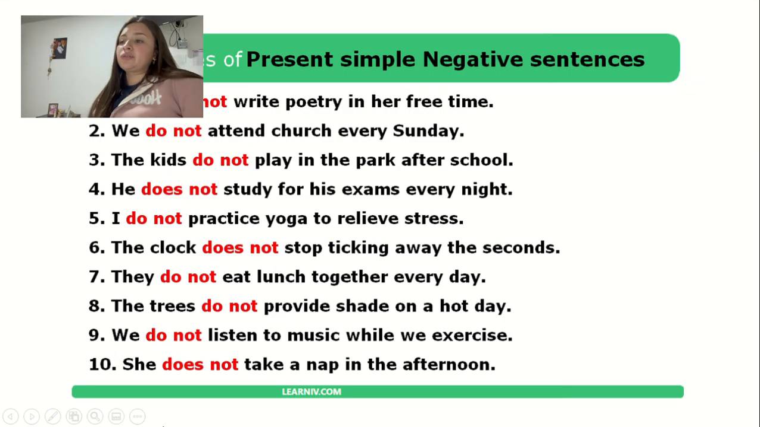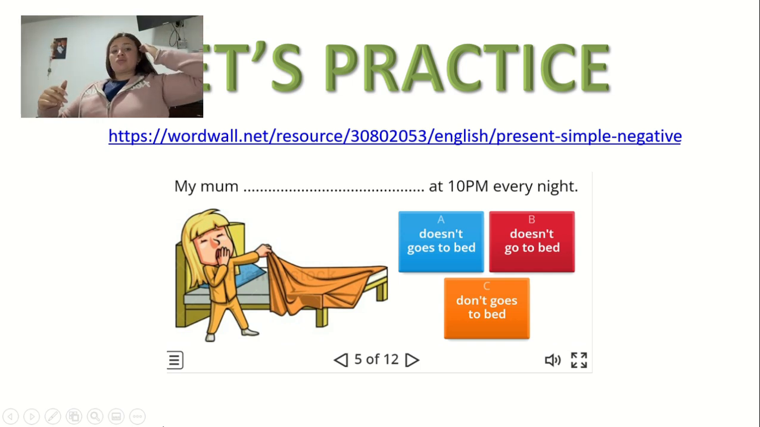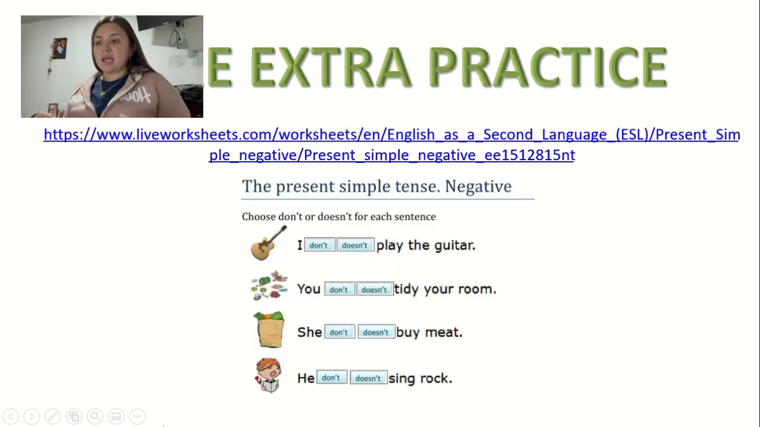And we have a lot of examples of simple present in negative sentences. She doesn't, we don't, the kids don't, he doesn't, I don't, etc. So after that, we're going to move on to the practice. And in this part we have a lot of activities to do. For example, the first one is about the negative sentence using the correct auxiliary according to the context. After that, it's the same, more extra